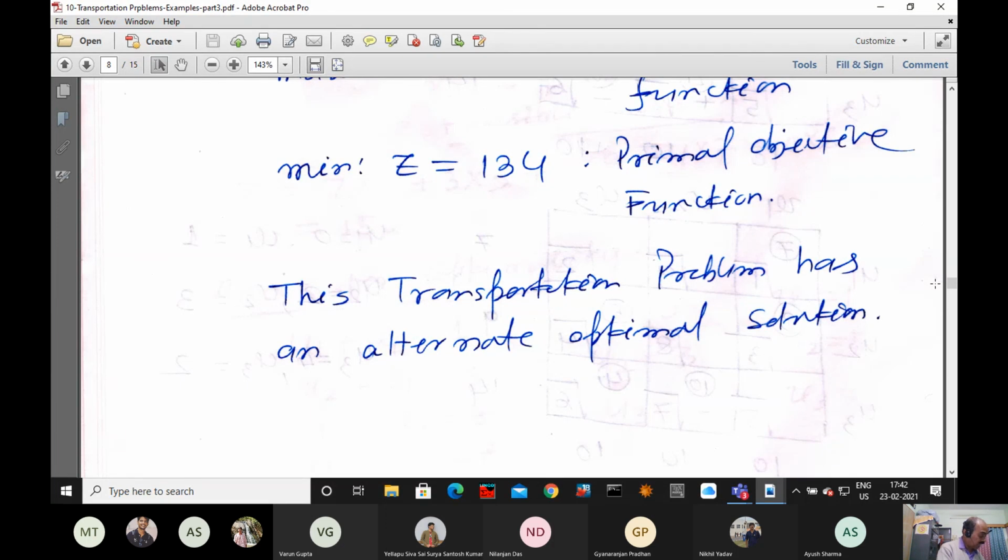Then on 9th I have fixed the test. On Monday 8th March we will again discuss the transportation problem. Of course, the test is not on the transportation problem. You need not worry. The test is on revised simplex method, dual simplex method, and integer programming, isn't it? These are the same topics, so there are no changes. The questions I have already prepared and sent to the section. So 9th March, 4 to 5 I will take class, then the test is at 5:30.